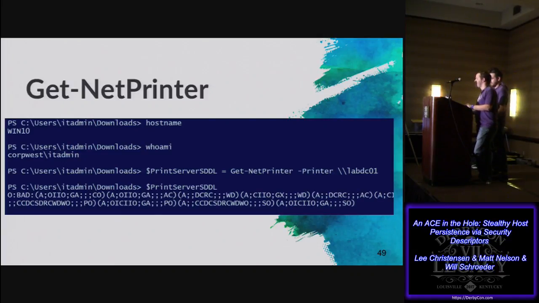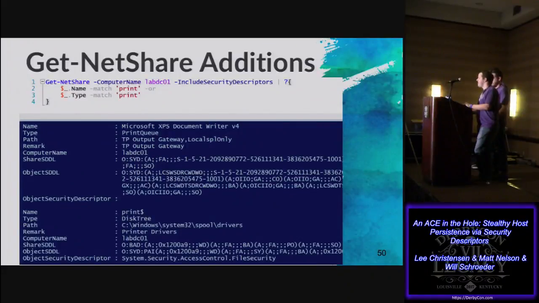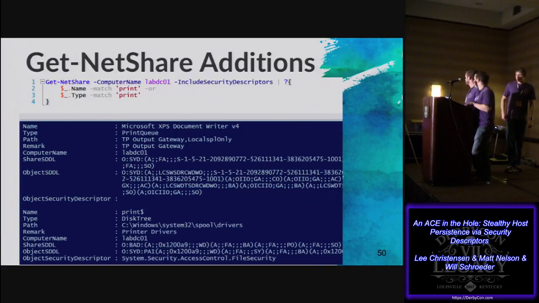As part of this, I built out some cmdlets that are going to help when you're enumerating the different SDDLs. I added some functions to PowerView, one called Get-NetPrinter, which will get you the security descriptor in SDDL format for a specific